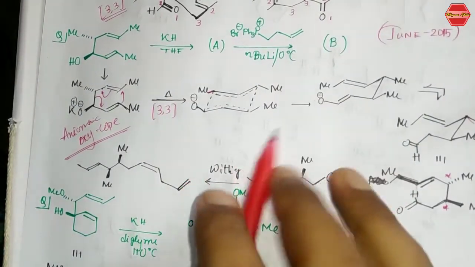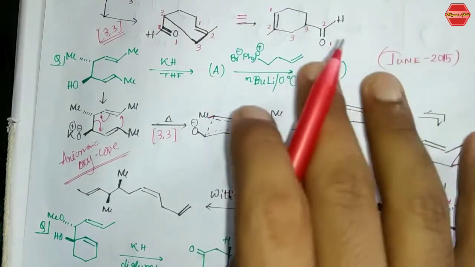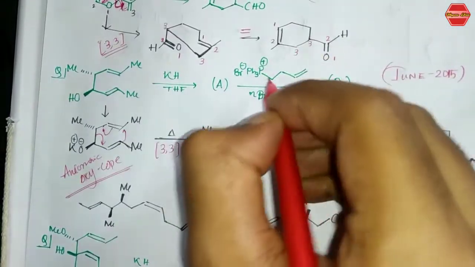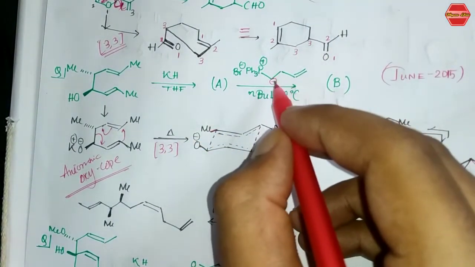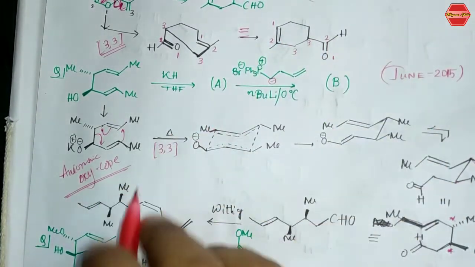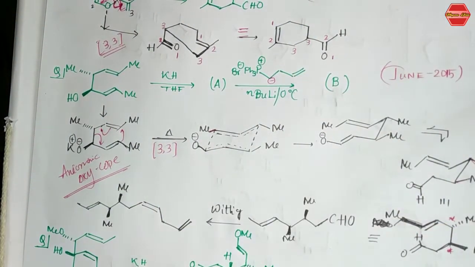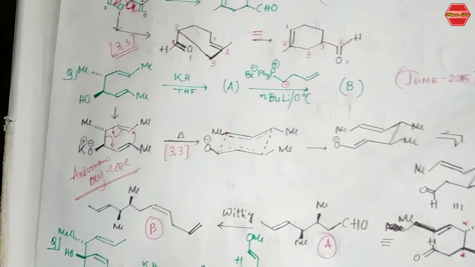And the next thing is the Wittig. This is very much basic, and we all know that stabilized ylides give the E alkene and unstabilized ylides give the Z alkene. So this is basically your n-butyllithium, which generally takes a proton from here, and you are getting this negative charge, and you can see that this is very much unstable. So that is why you are getting this E alkene over here. Okay, so that is how you can get this product. This is your final product. This is your B, and this is your A.